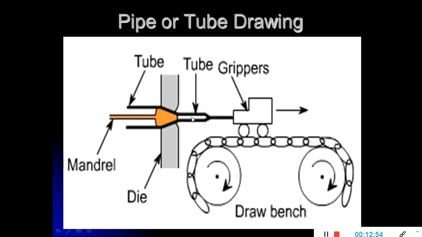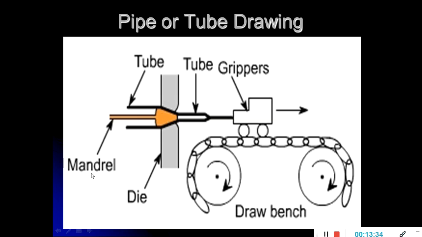Initially, the tube which comes out of the die is held tightly by the grippers, and the grippers are locked on this chain drive. Whenever motion is given to this chain drive, the chain drive is going to rotate. As the grippers are locked on this chain drive, the pulling force is applied on the tube also. The gripper continuously pulls the tube, and the force is applied to this area, so that the diameter of the tube considerably decreases.